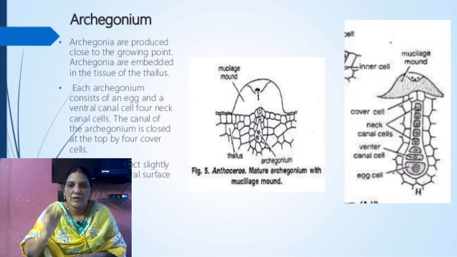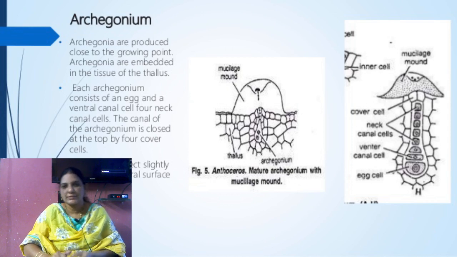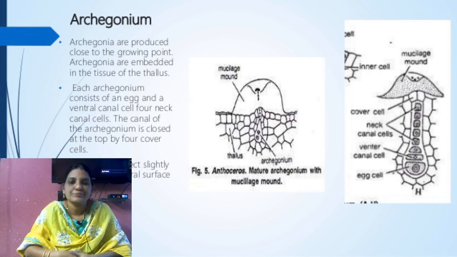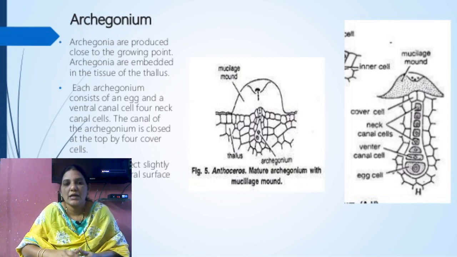and on the upper side 4 cover cells cover the neck part, and 6 neck cells cover the neck part, and below the neck cells the venter cell is present, and below the venter cell the egg cell is present. So this is the complete formation of the archegonium. The 4 cover cells, neck cells and venter cell rupture, and they